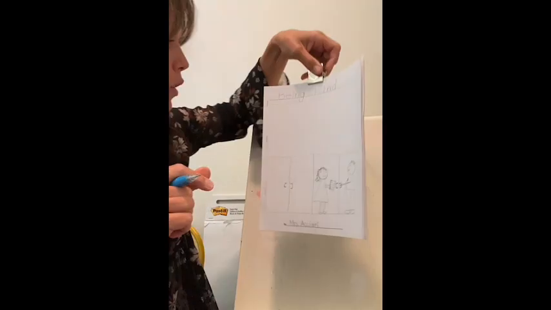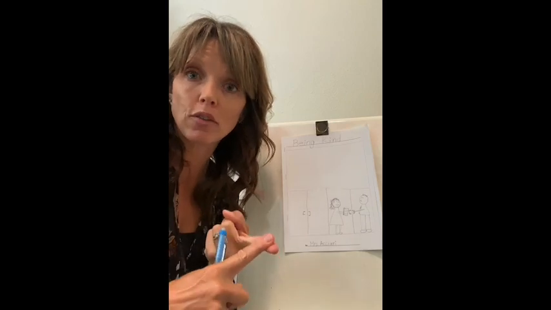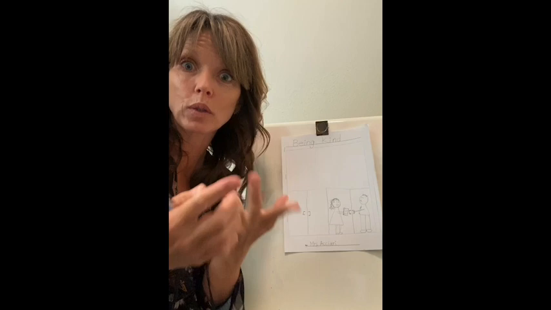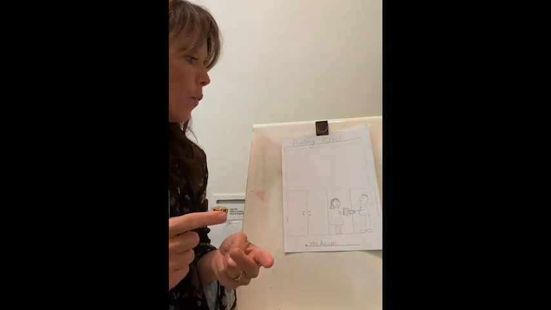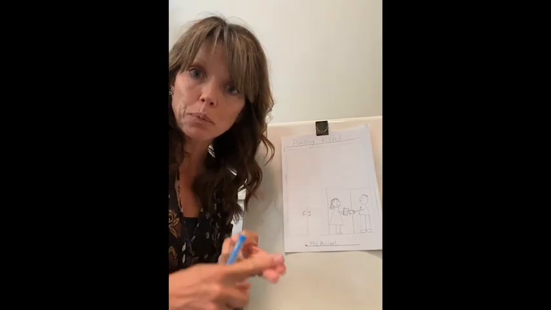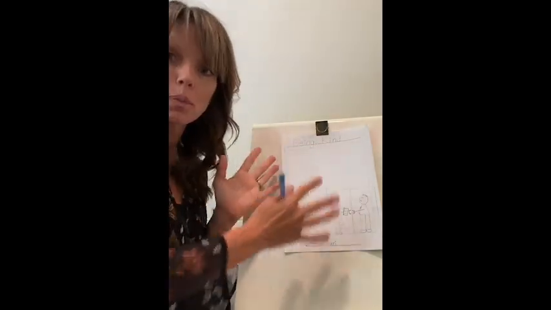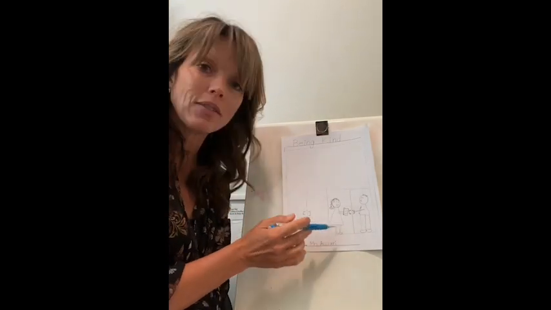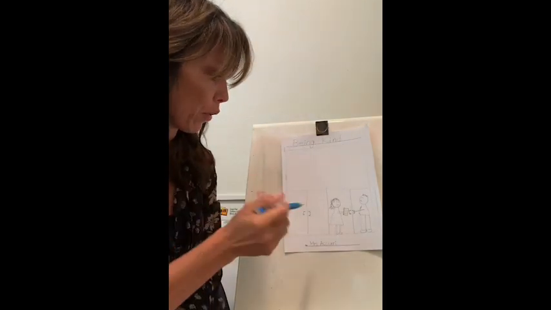All right, kiddos. So that is all we are going to do today. But let me just recap what we did. We came up with a title for our book that told what our book is mostly about, which is about reasons why we think people should be kind. We also drew a very detailed picture to match to show what our book is mostly about, okay? So when we draw our picture, we need to make sure we have plenty of details, okay? Sorry, I have a little itch in my throat.